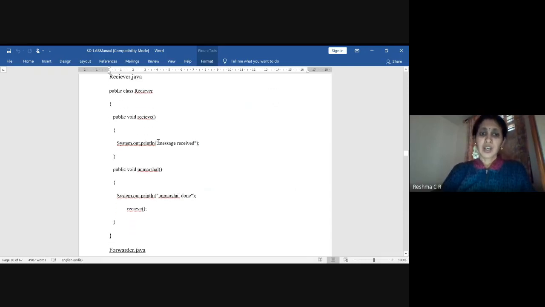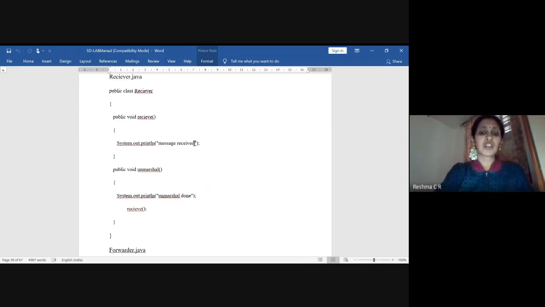In the receiver class, the constructor just prints whatever messages have been sent by the other peer. The receiver will give the confirmation that the message has been received. And we have an unmarshal method. Before reading the actual message at the receiver end, the message has to be unmarshaled.